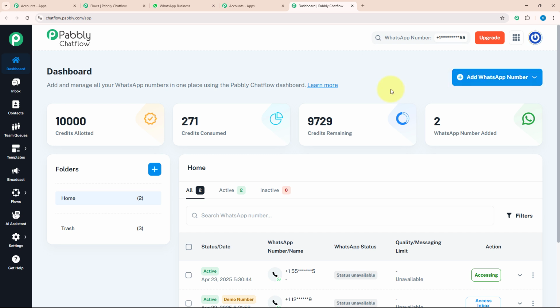Not only that, we have many more features on the dashboard page. Let's see each feature one by one. Below the dashboard page, there is an inbox option where you can manage your conversations from one place and you don't need to open your WhatsApp separately. After that, we have the contact option. In the contact option, you can create new contacts and segregate your contacts according to your need. Below the contact option, there is a team queue feature where you can assign different tasks to different team members